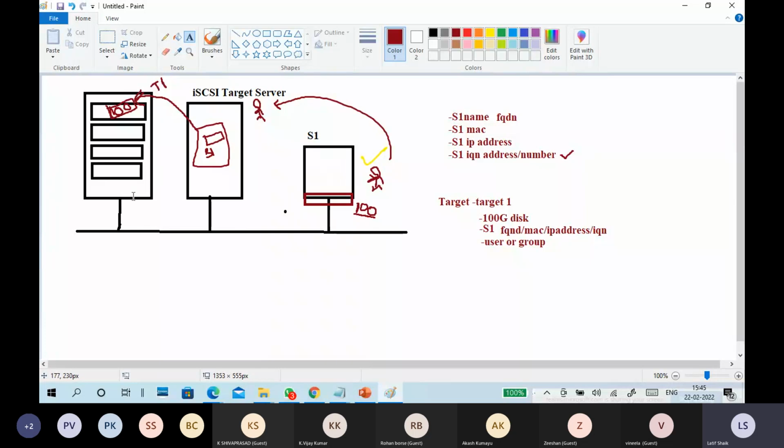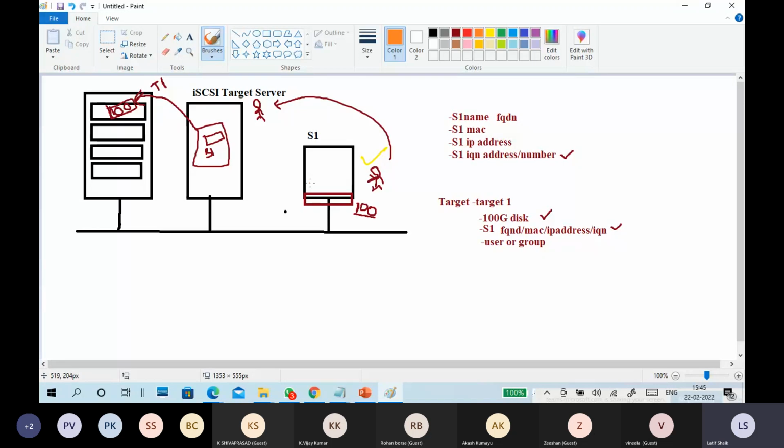Very simple. It is a storage bay. It is connected directly to the network. Okay. This is the iSCSI target server. It will maintain the storage in the storage bay. If you need any disk space, the iSCSI target server will create the targets in the storage and assign the storage requirement and to whom it should be accessed. Next, what will happen now?